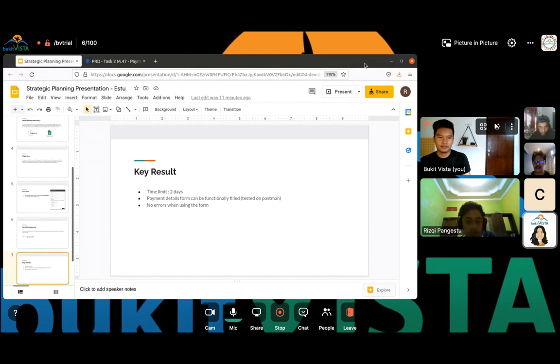Yep. So this key result, is it actually the key result for your backend process development, or for the whole project? Because no error when using the form means the front end also needs to be done, right? How will you do that? I think for the key result, yes, you are correct. This is the whole project. But for the backend side,